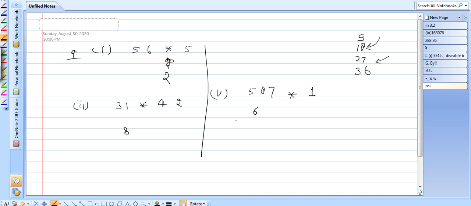Okay students, so we have solved mostly all the questions. Only question number 10 and 11 are remaining. So wait for the next video. I will solve both the remaining questions and hopefully we will start the next exercise also. So practice for these questions. आपको बहुत सारे पार्ट भी प्रैक्टिस करने हैं जो मैंने सोल्व किए हैं, and practice all those parts which I missed in this video. Best of luck.